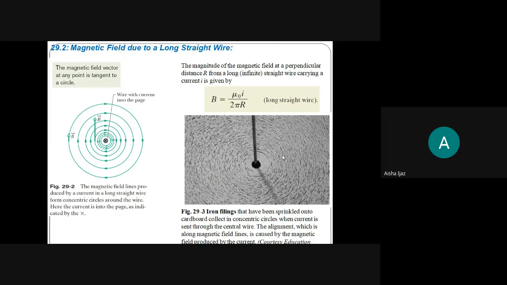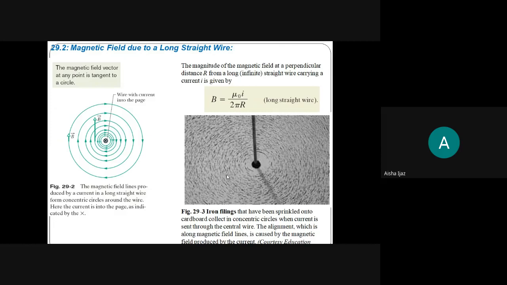They are not open-ended, just like the electric field. Due to the dipole, the magnetic field lines start from the north and end at the south. And how will you calculate the B field? You have to find the B field which is tangent at any point P, so you use the right hand rule: hold the current carrying conductor in your right hand. The thumb gives you the direction of current, and the fingers curl in the direction of the magnetic field lines. Let's suppose I'm holding a current carrying wire.